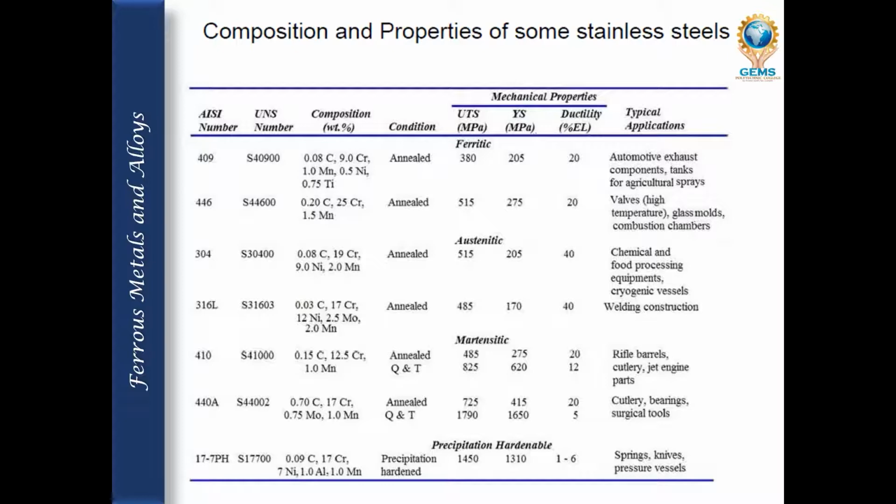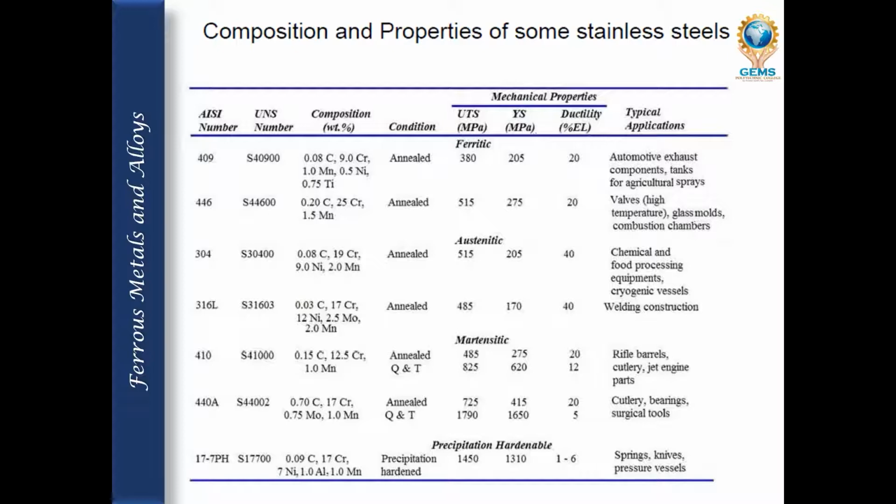The composition by weight for carbon is 0.08. So when the carbon content is decreasing, obviously the ductility will be increasing. Ductility is nothing but even when you deform the shape, it will not break. So that is called ductility. And 19% chromium is high, because in order to resist rusting. And nickel is 9%, which is also high, and 2% of manganese. This is also an annealed process.